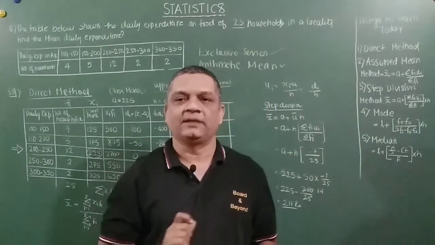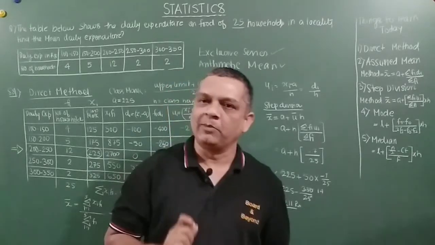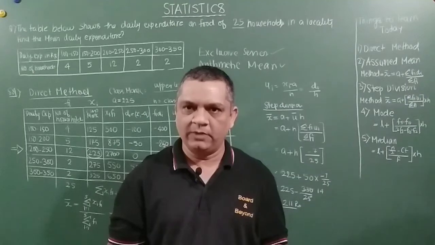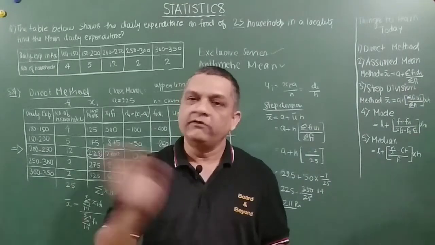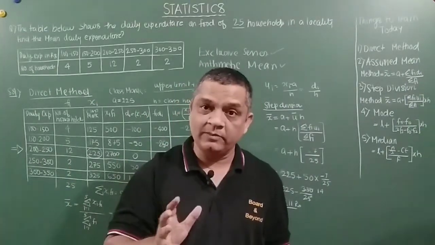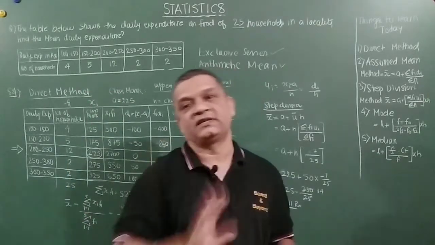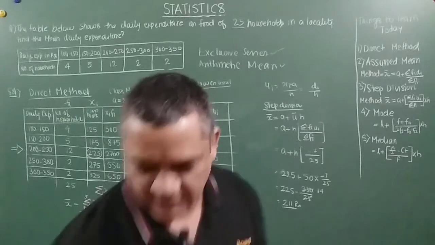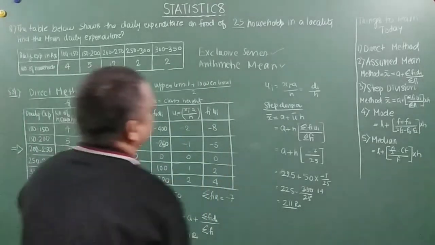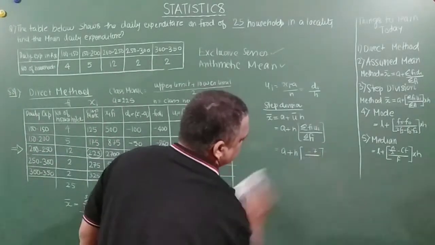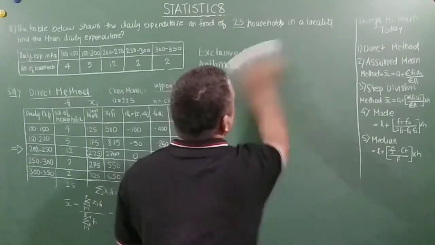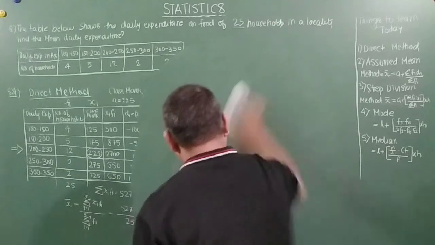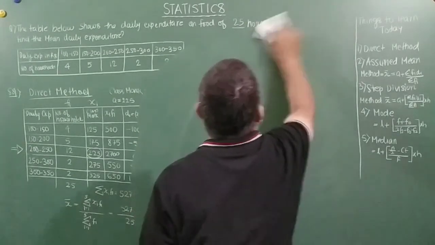We will take one example. Take one problem. Then we will find out the mean on that problem, we will find out the median on that problem, and we will also find out the mode on the same problem. Right? So I'll just clear off the board now. And the problem is very well available in your textbook. I'll just read out the problem here.